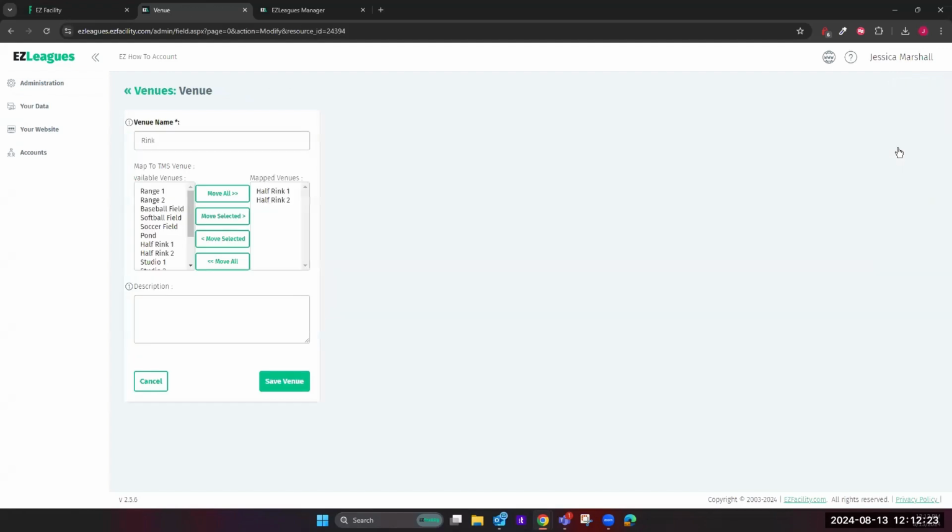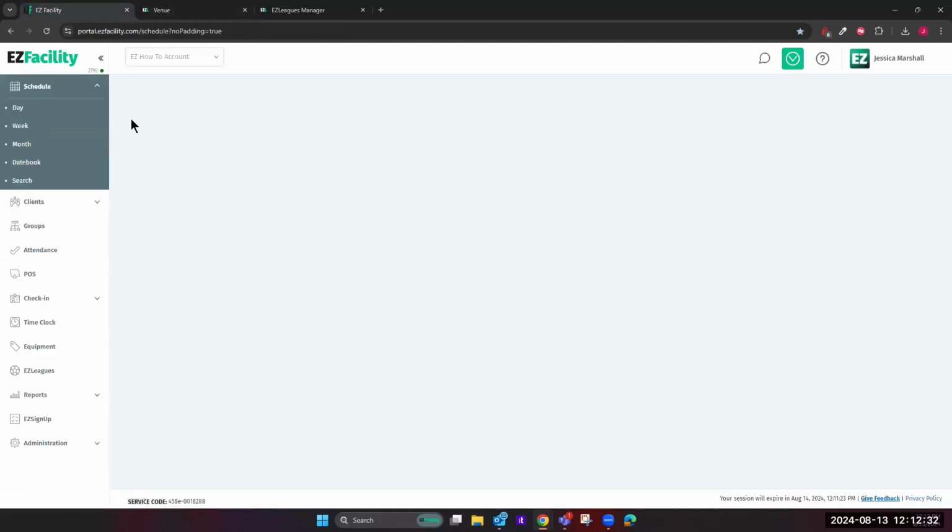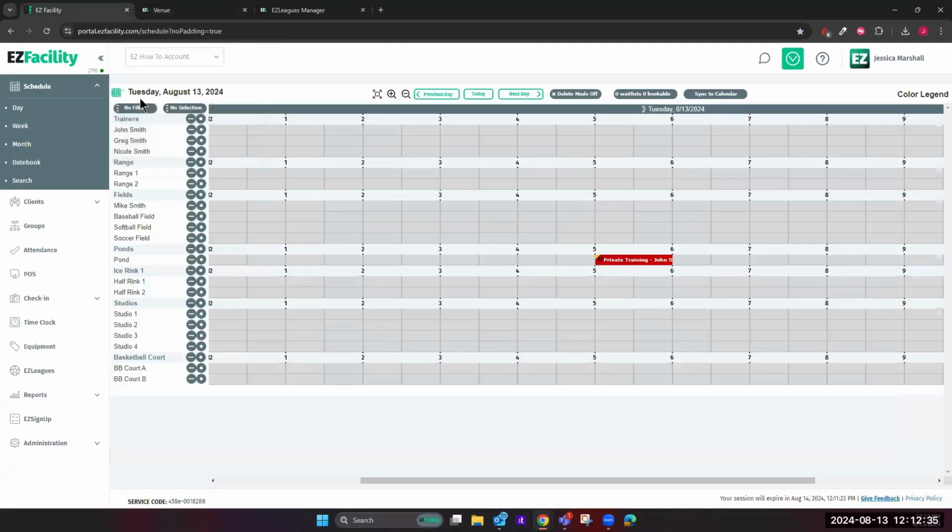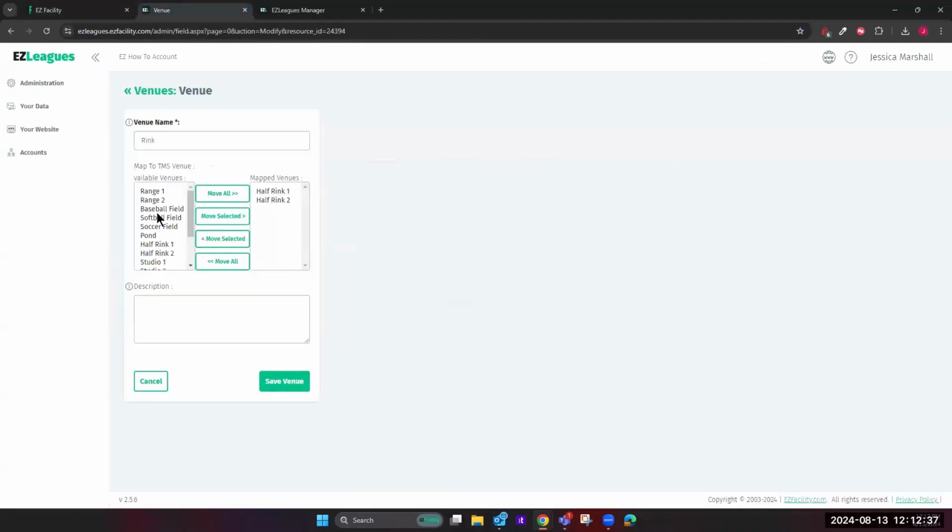If I click open my rink here, you can name your venue. You'll see all of your venues that are pulling from your schedule over in EZ Facility. This way, you're going to be able to map your venues over so that when you do schedule a league on a specific resource, it will show up on your EZ Facility calendar. This way, it makes marking them a lot easier. Once you have all your venues set up,